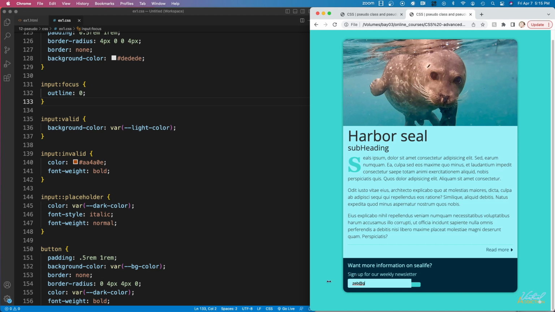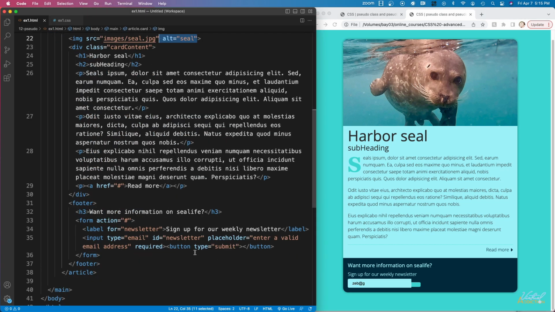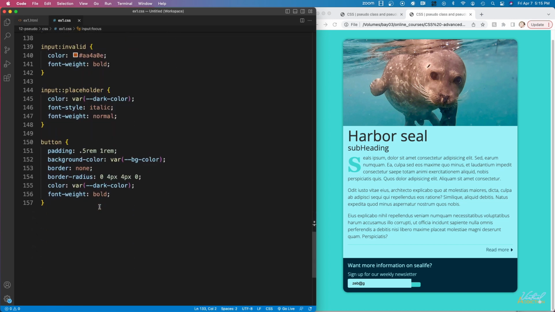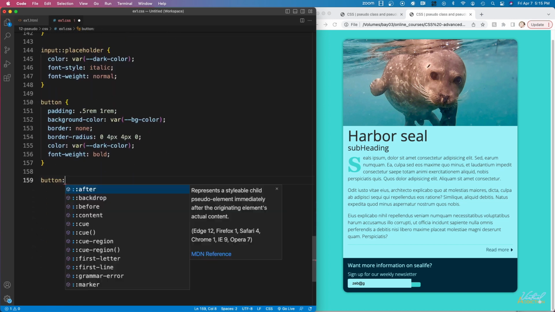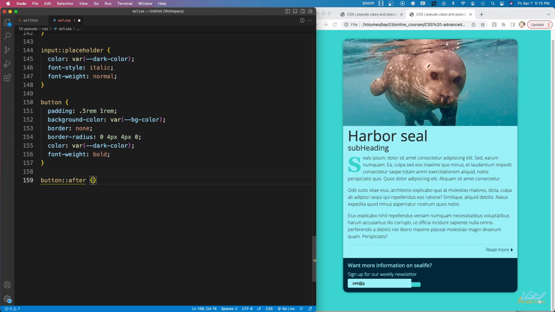The final element that we're going to style is going to be the button. So currently our HTML button does not actually contain any HTML. Even though this is a submit button, I didn't pass in any text, so no text is going to show up. I did this because I wanted to style the button with just a simple arrow. Once again, I'm going to use Font Awesome to be able to do this. We're going to use the pseudo element of :after once again,